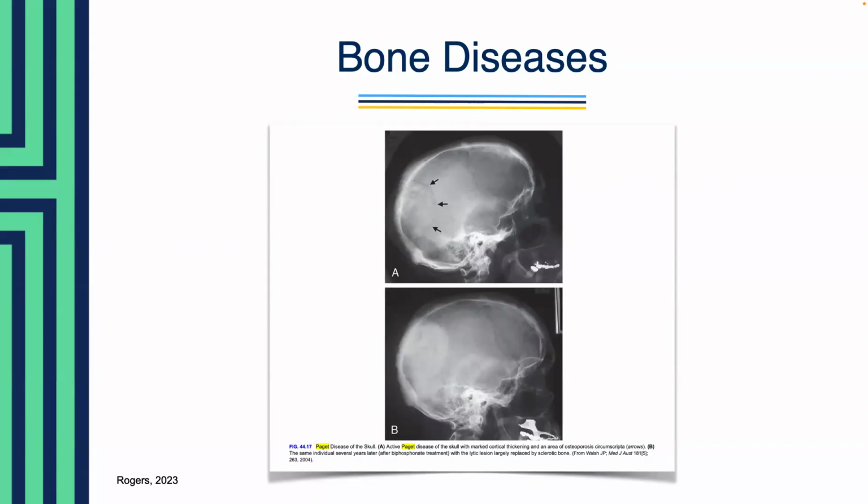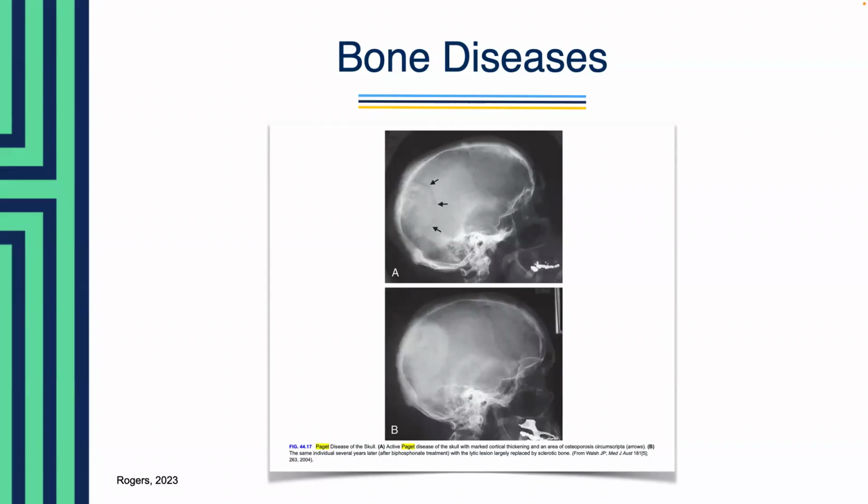Some common clinical manifestations include bone pain, deformities, fractures, hearing loss, headaches, and increased head circumference. However, many cases are very asymptomatic and just discovered incidentally. So, complications depend on which bones are affected, but can include arthritis, neurological issues, high output heart failure, and increased osteosarcoma. In individuals with active Paget disease, we see serum total alkaline phosphatase levels that are typically elevated.